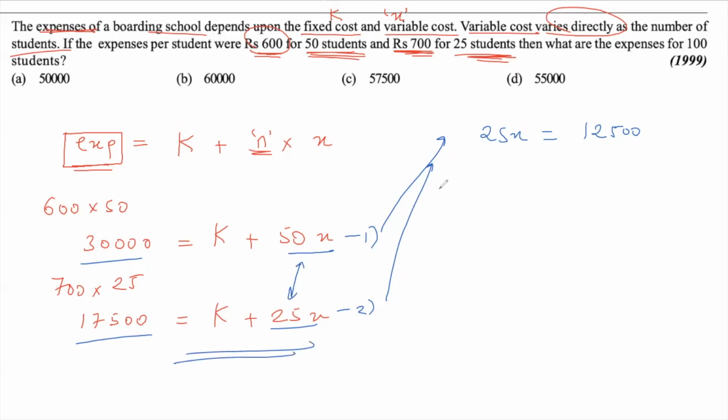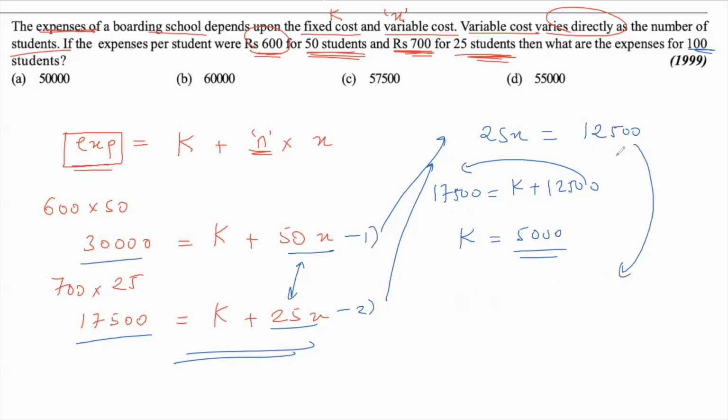17,500 is equal to K plus 12,500. Subtracting 12,500 from both sides, I get K as 17,500 minus 12,500. That's 5,000. And that's it. Once we have found the value of K, and we have also found the value of X, like from this equation, dividing by 25 on both sides, X is basically 500. Once we have got the value of K as 5,000 and X as 500, we can very easily calculate the